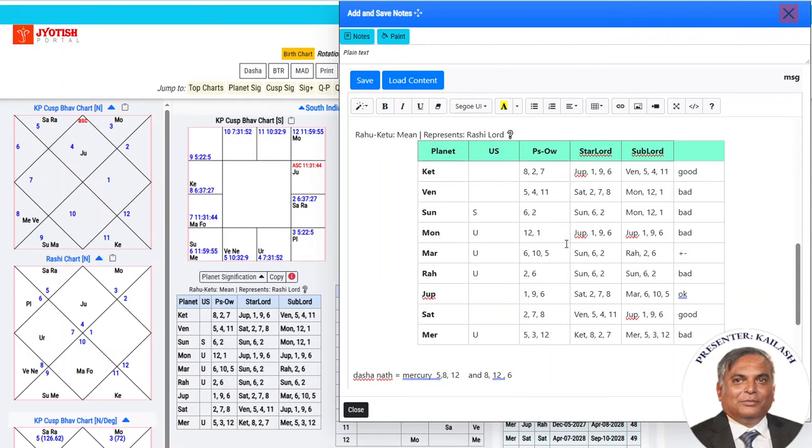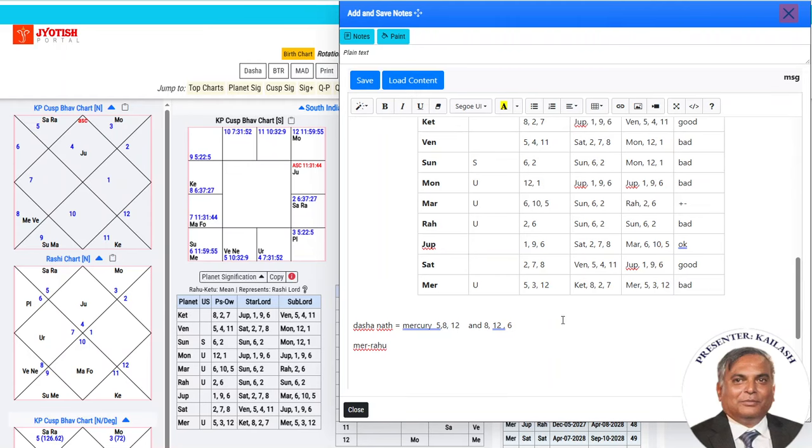Look at the Mahadasha, look at the Antardasha. Pratyantardasha has a role which I will explain later, but until the Mahadasha allows, the Antardasha will not do anything. Unless the Antardasha allows, the Pratyantar will not do anything. So now we know that the Mercury Rahu period is not good. Next comes Jupiter. Jupiter is okay. It's better than at least Rahu.